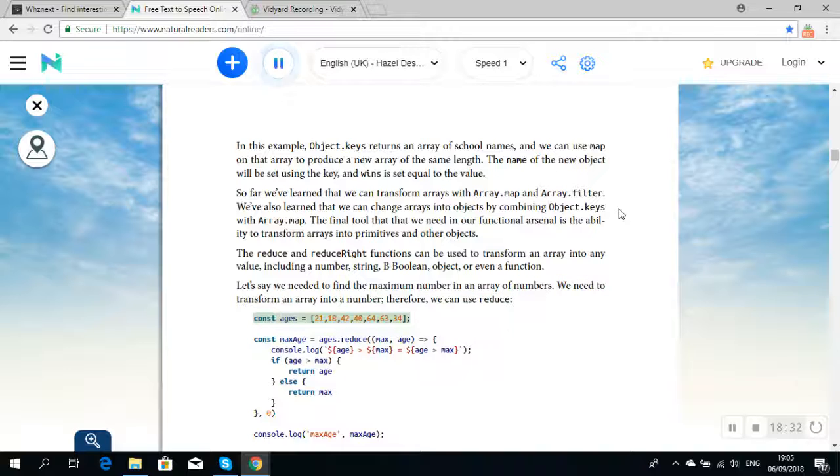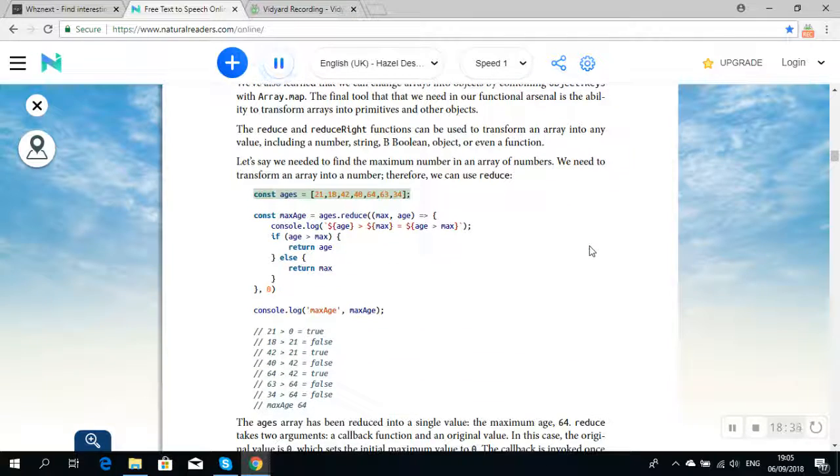const ages = [21, 18, 42, 40, 64, 63, 34]; const maxAge = ages.reduce((max, age) => { console.log(`${age} > ${max} = ${age > max}`); if (age > max) { return age; } else { return max; } }, 0); console.log('maxAge', maxAge);